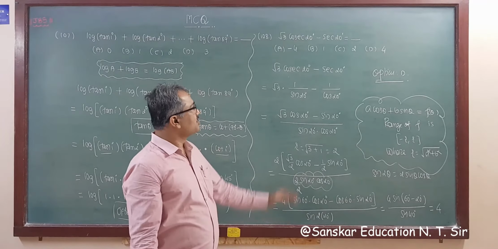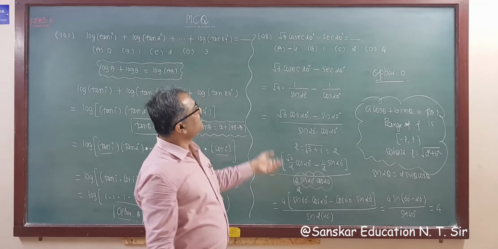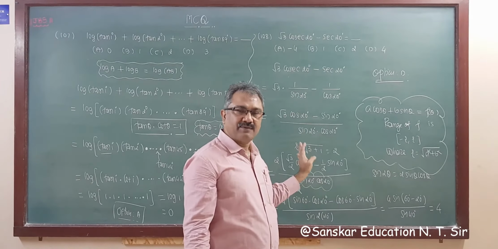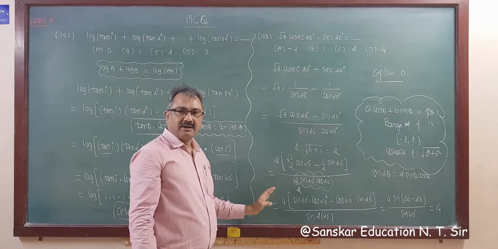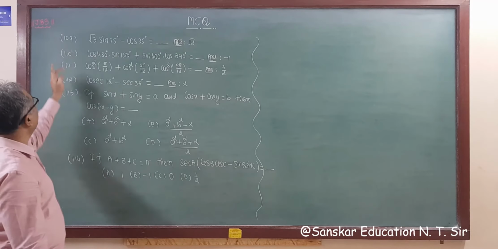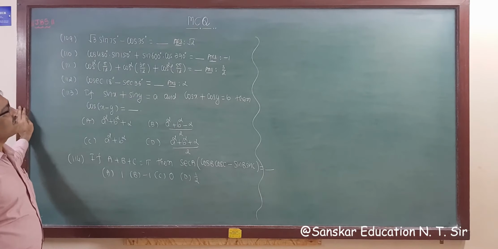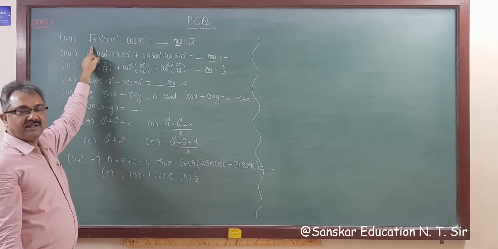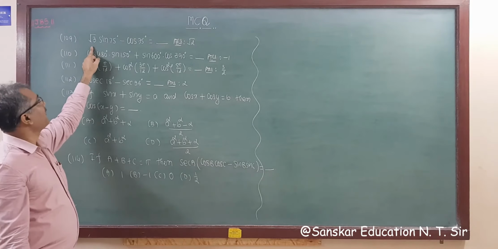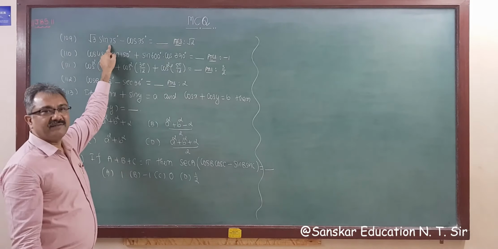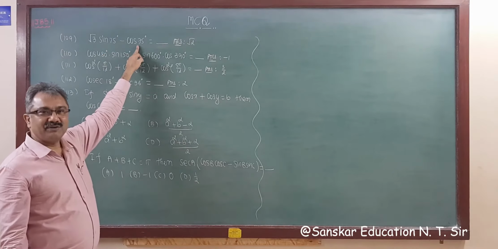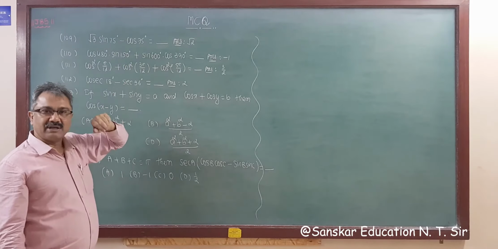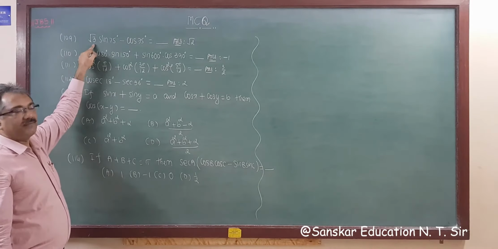Right? Got it? So this is very important question. Sometimes they are interchanging this degree. So you have to apply this formula and you have to solve in this way. Question number 109 is root 3 sine 75 minus cos 75. You have to solve it as we did the earlier question, that is divide and multiply by 2 also. Either you can substitute the value of sine 75, that is cos 15, and cos 75, that is sine 15. Value of sine 15, cos 15 you have to substitute here, you will get your answer easily.